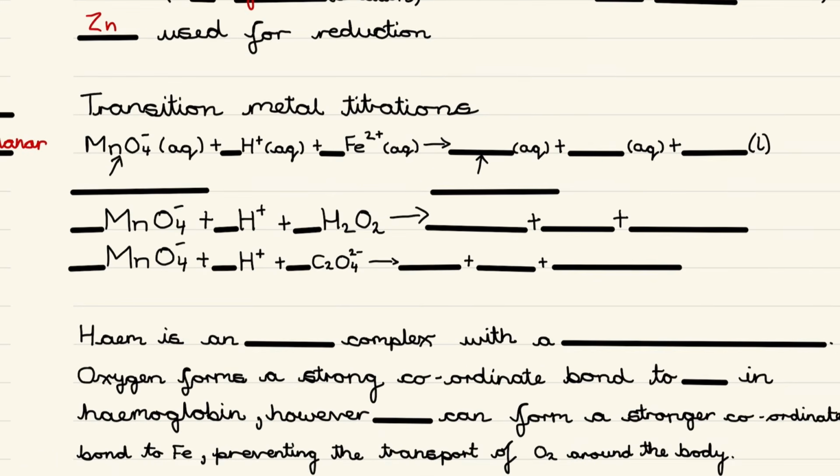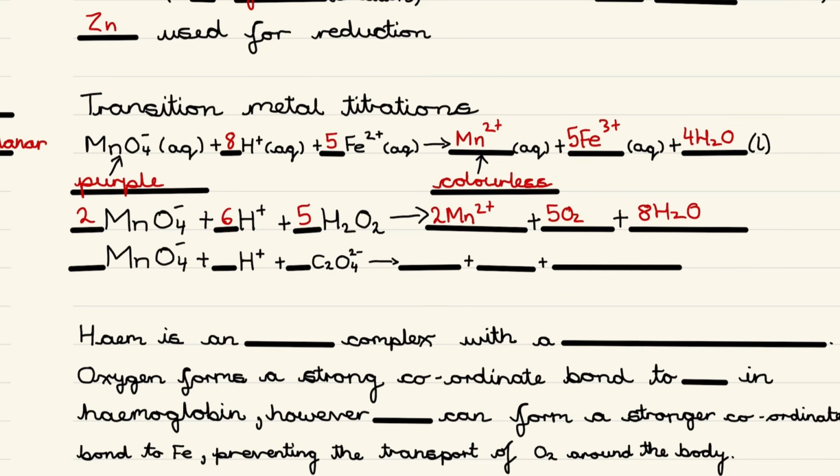Okay, there's some common titration reactions that you should know by heart. So this first one looks like this. And the MnO4- is purple. And the Mn2+ is colorless. Then the second reaction looks like this. And the third reaction is